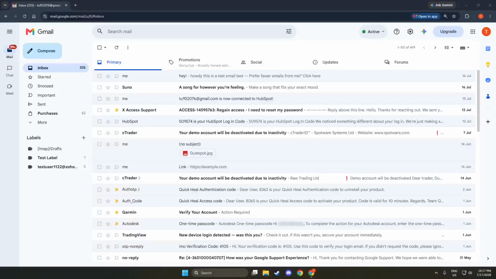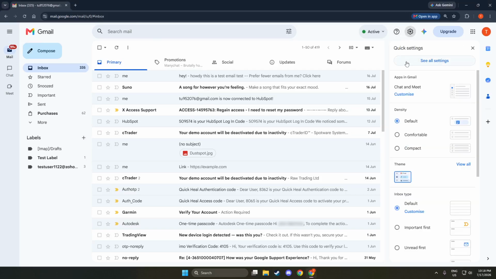In today's video, I'm going to teach you how to fix Gmail display. First, go to the Inbox tab in Settings. To do this, open your Gmail account and look for the gear icon in the upper right corner of your screen. Click on the gear icon to access the Settings menu.